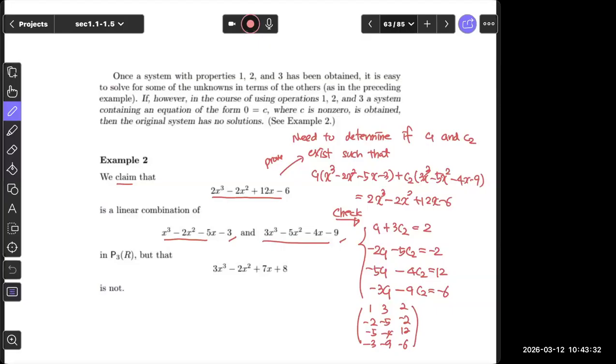That is not that difficult. But the one interesting claim is that this given polynomial is not a linear combination of these two polynomials. So to check this,